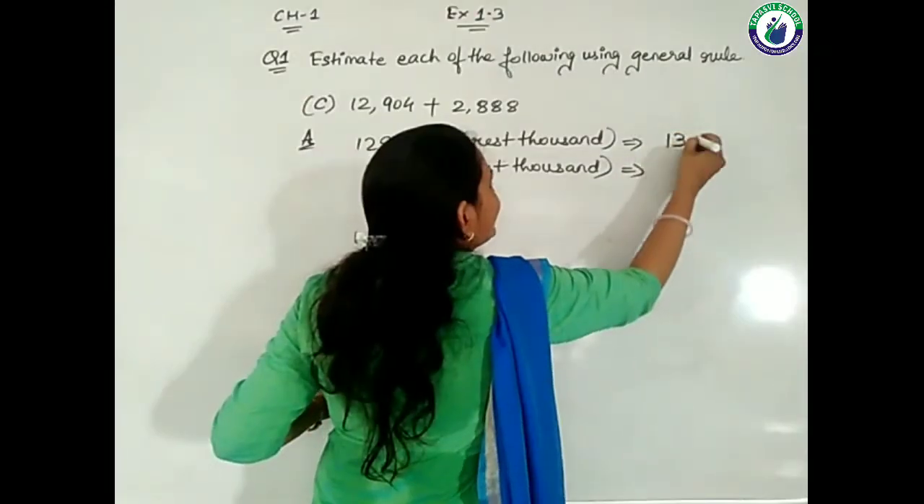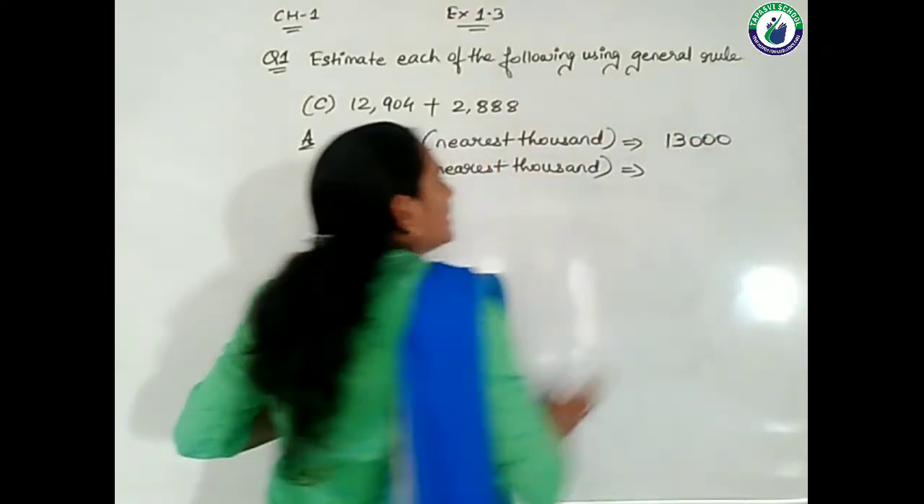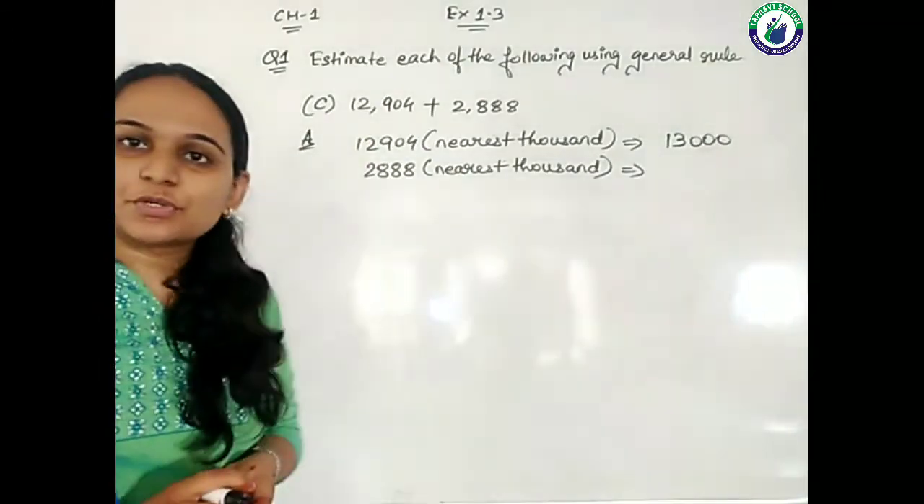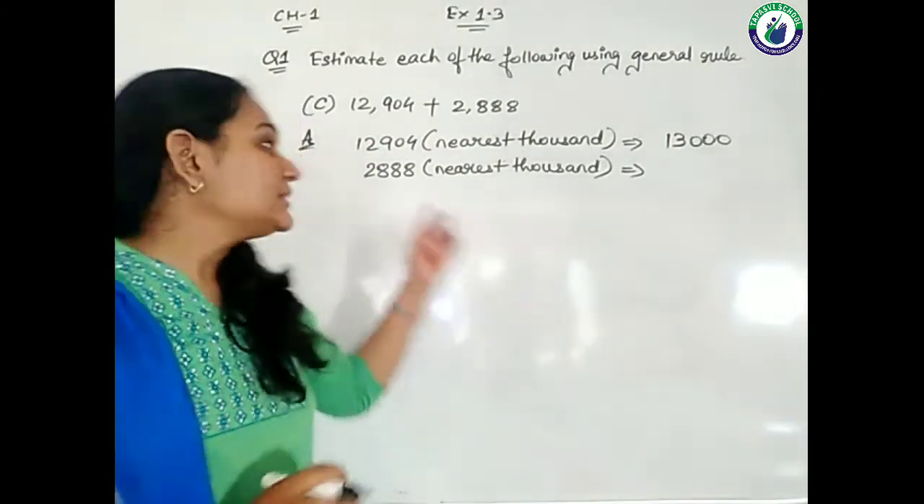And 1 will remain as it is. And the remaining digits will become 0, 0. Right? See the another number,